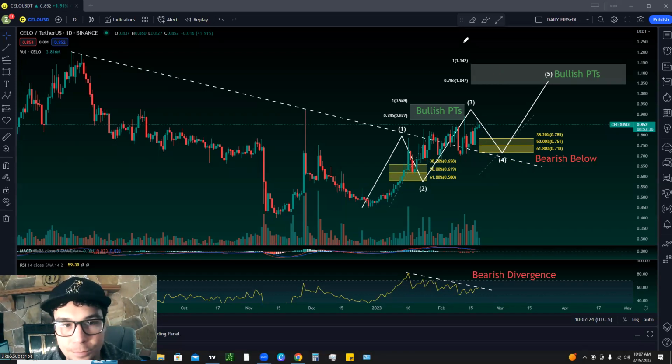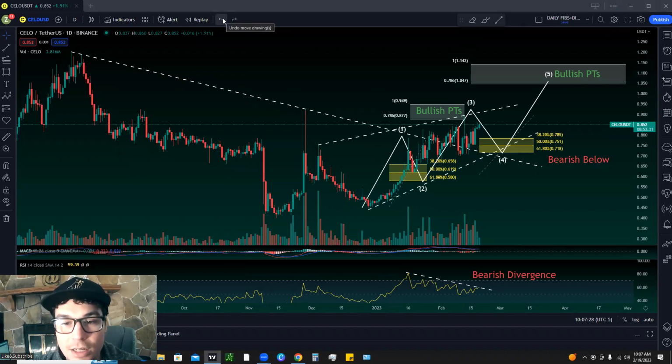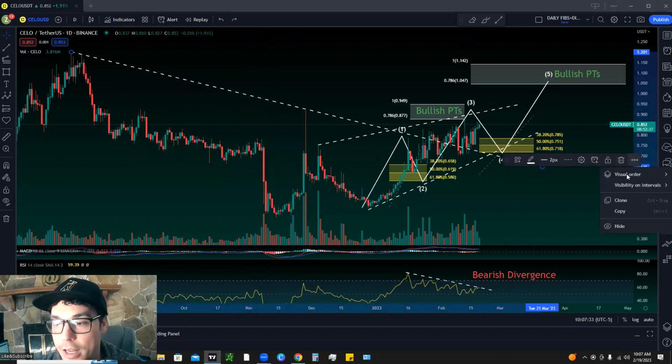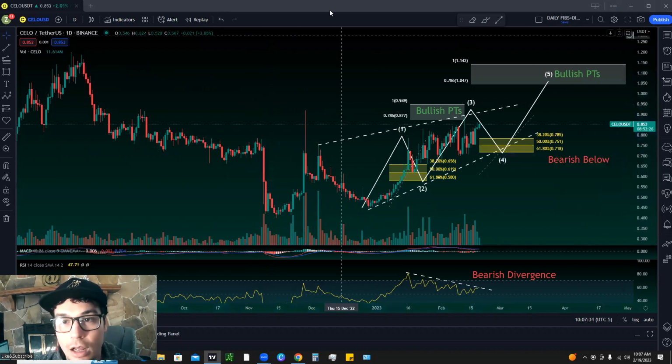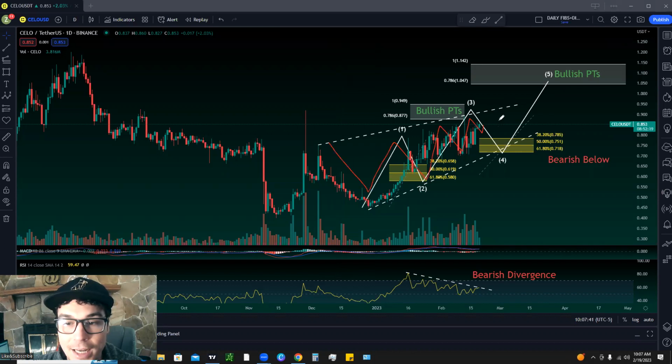Another reason why I'm saying that and you want to be cautious of those levels is because we do actually have a rising wedge. If we hide this trend line real quick and take a look here, we are forming a little bit of a rising wedge, indicated by these two trend lines. So we're consolidating in here. If we happen to break this downwards trend line, which we really haven't tested,